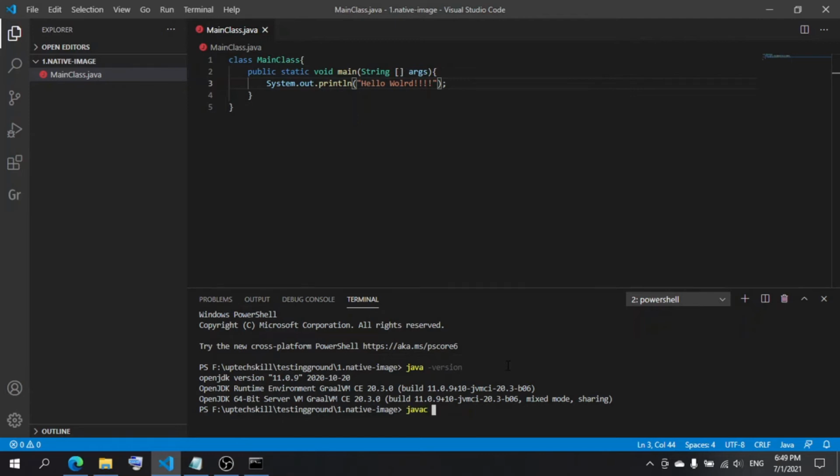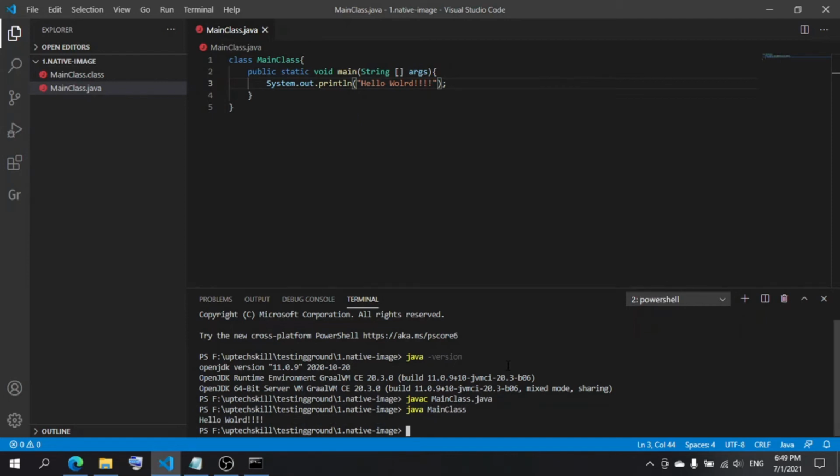We can check normal stuff. You can see it's working correctly. And if you try creating a native image out of this,